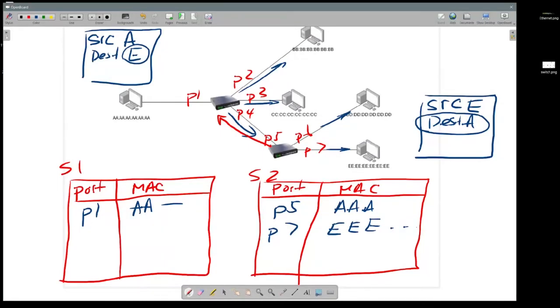Now, this switch gets that message. It's going to inspect it again. And what's the first thing it's going to do? This message arrives on P4, and then we record that P4 is associated with E. So P4 is now associated with E. Again, what happened was this message over here was sent out from E to